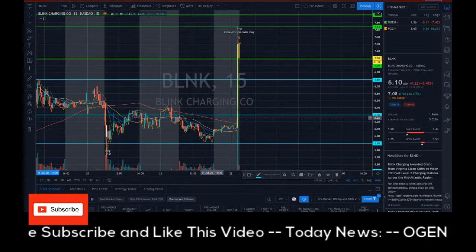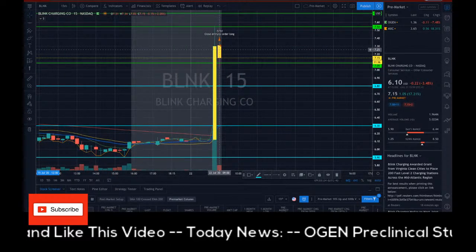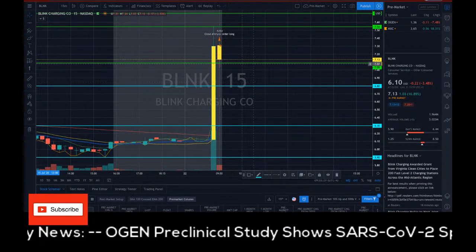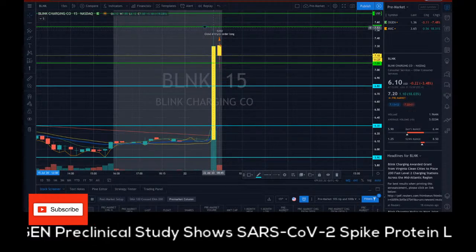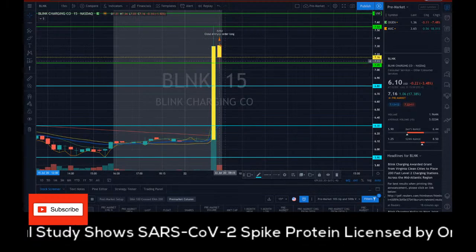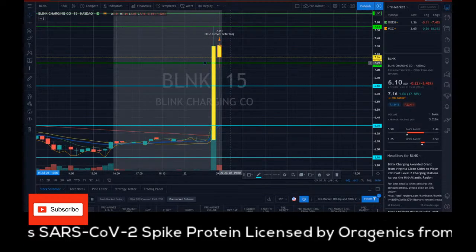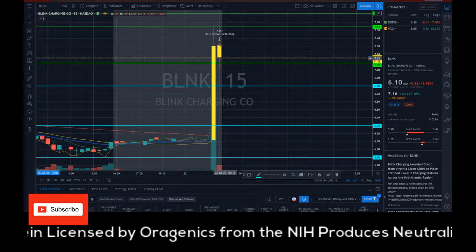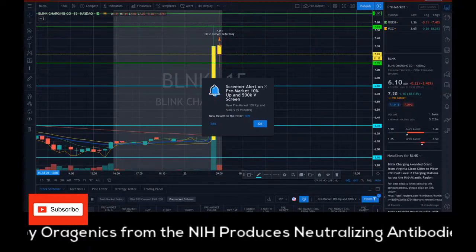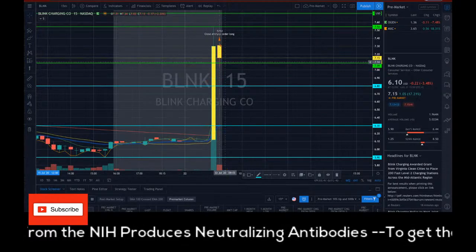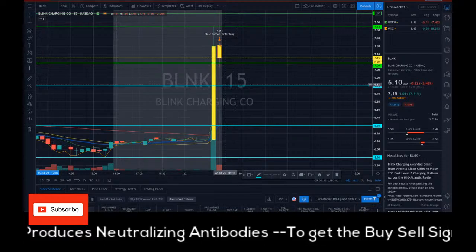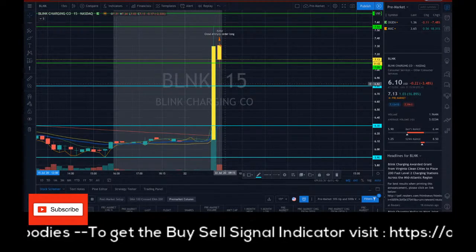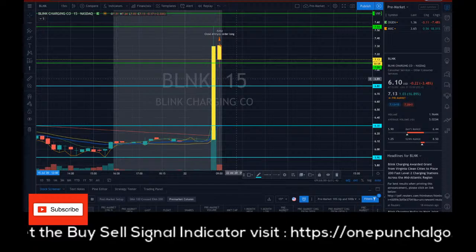Alright, on the 50-minute chart, BLNK started to give a trend reversal, so it touched that 754 mark, and now it's touching that 79 resistance. If it bounces back when the market opens, that's a good indicator for another 750 touch. But if it drops down, then I'm going to wait until 680 to bounce back. It has to bounce back, that's the thing. I'm talking about myself, okay? If it touches